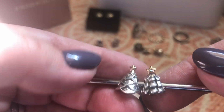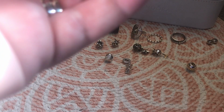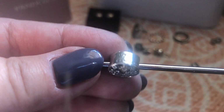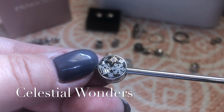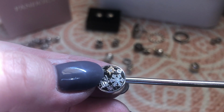But in any event, they're both beautiful. And next, let's see. This is a recent new charm I got on the 50% off sale. And I think this is Celestial Wonderland. Beautiful button charm with an angel, snowflake, some stars. And it does have a 14 karat gold star on top